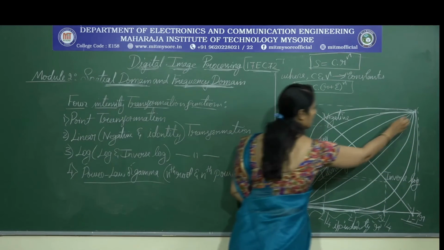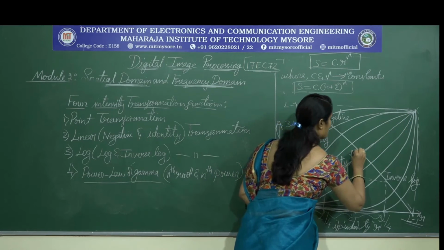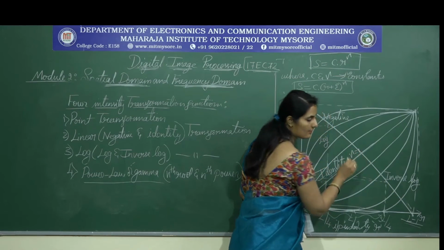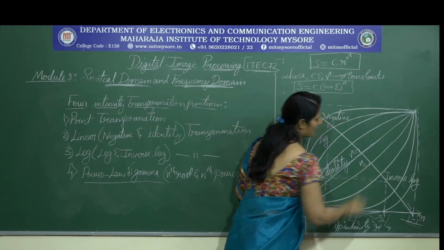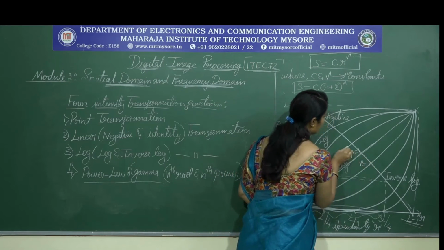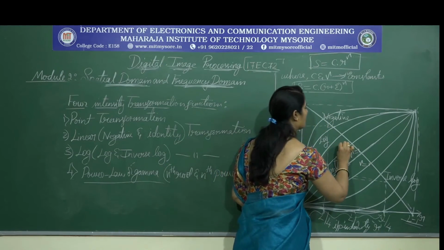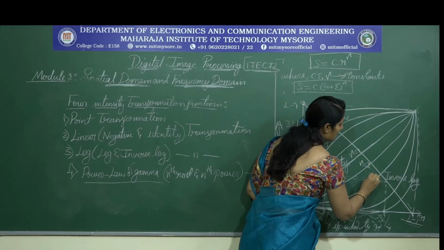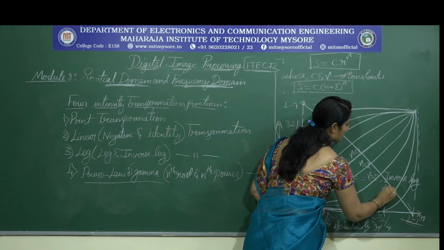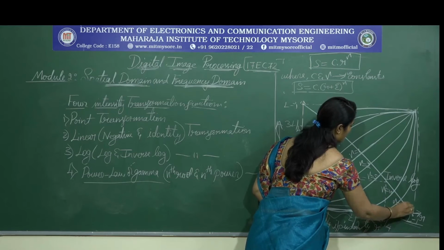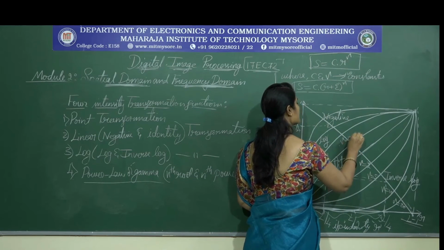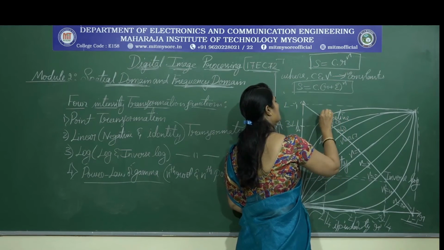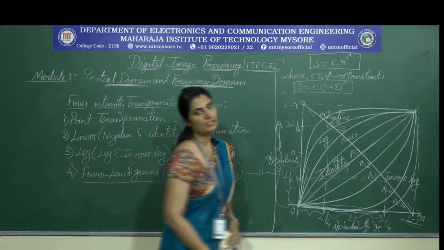Okay, so this middle line represents gamma is equal to 1, and the right side of this line gives the gamma value which is greater than 1, and the left side of this curve has the gamma value which is less than 1. So here it is 2, gamma is equal to 5, gamma is equal to 10, gamma is equal to 20. Here it is gamma equals 0.67, gamma equals 0.40, 0.20, 0.10, like this.